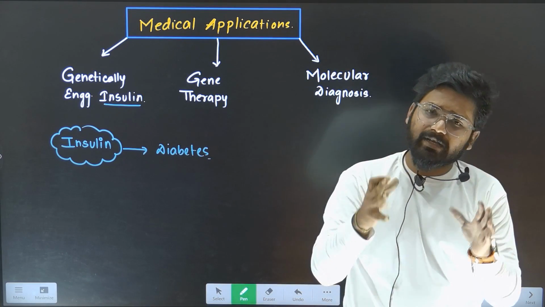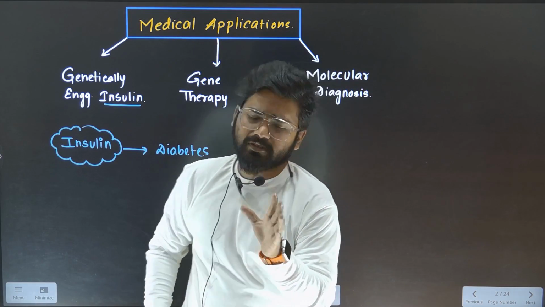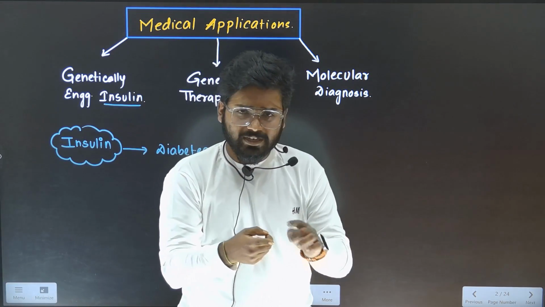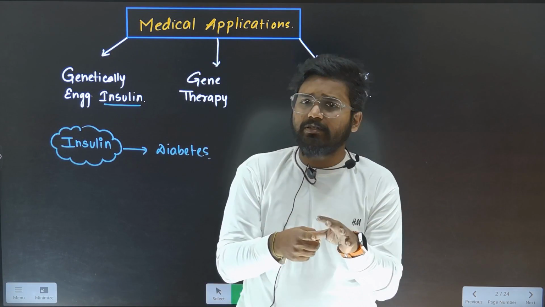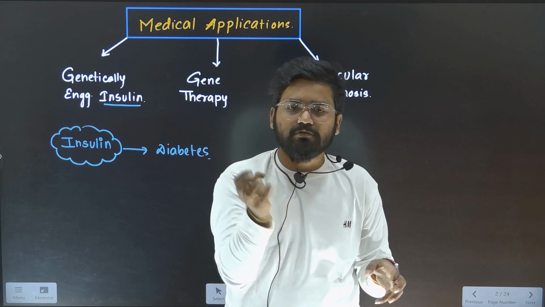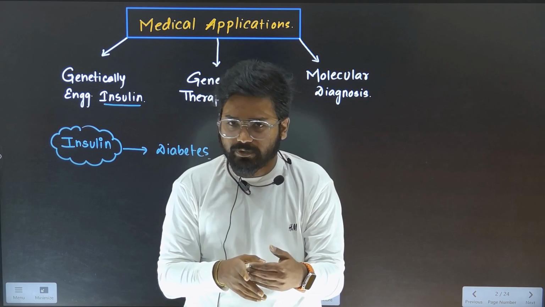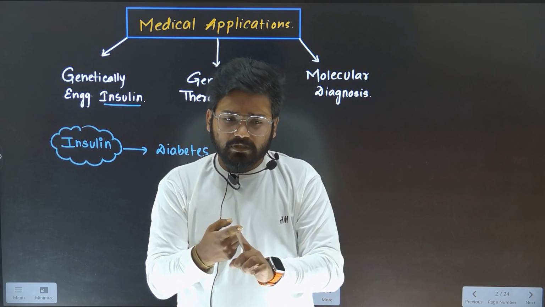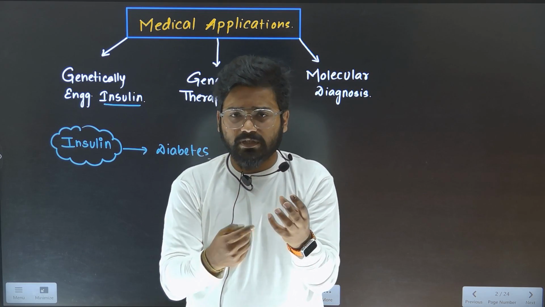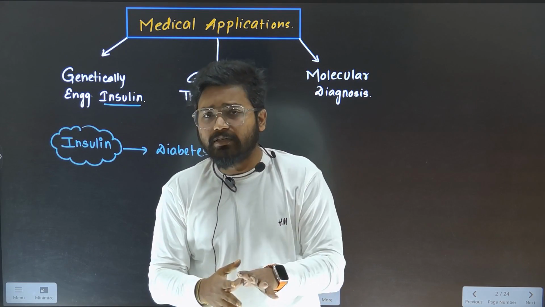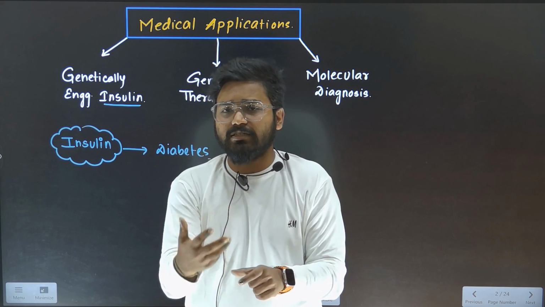The problem in the body could be a deficiency of insulin or reduced insulin secretion from the beta cells of the pancreas. Or insulin secretion could be normal, but the number of receptors is less or non-functional,